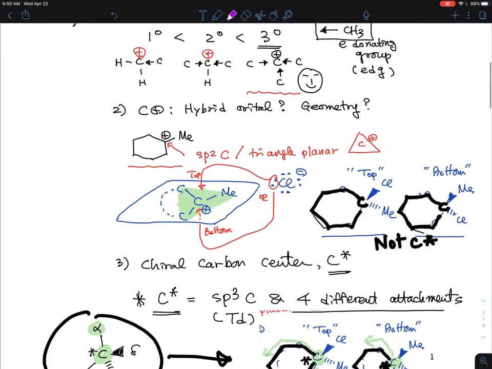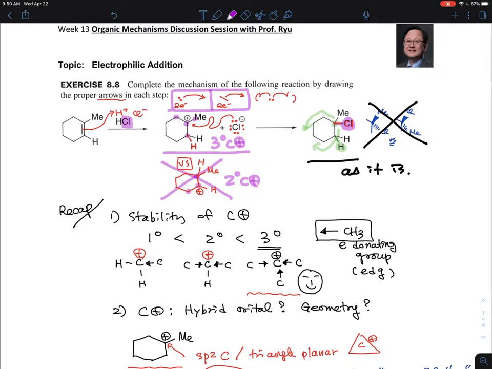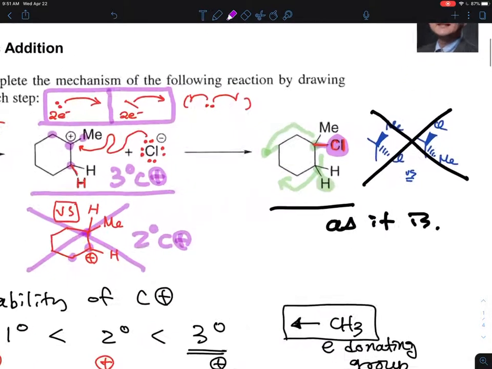Whereas this carbon is not chiral, because the way that we count this bonding from this side and from the bottom side is the same. So this carbon is not chiral. So essentially, it doesn't matter whether the bonding is happening from the top or bottom. I don't need to distinguish. So that's why I put an X sign here, and then you'll see this. We can just put it in the one as it is, right? Okay, so I will